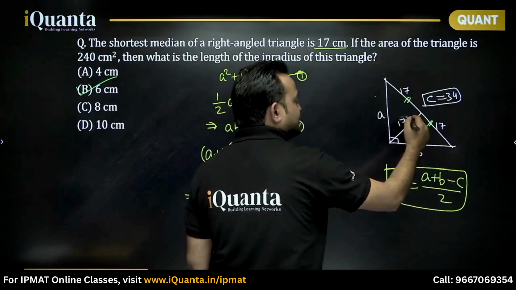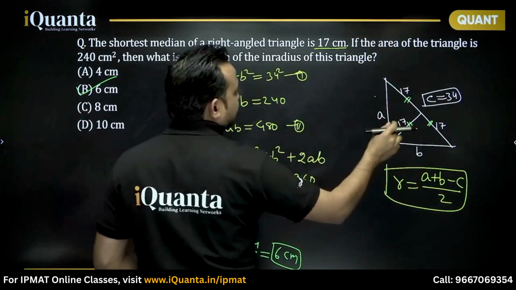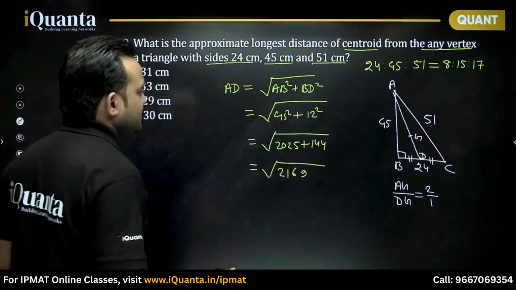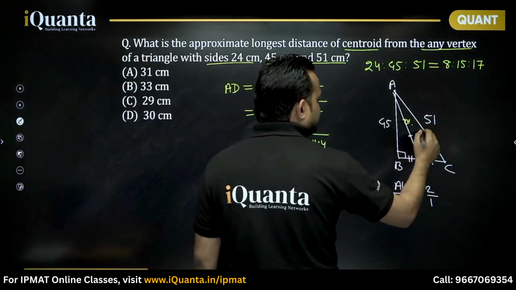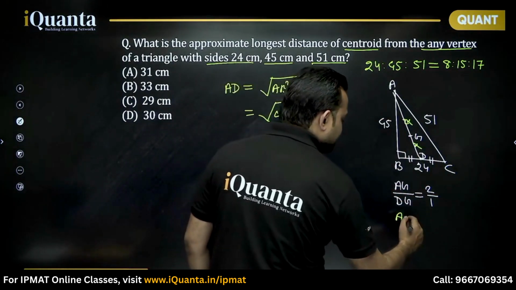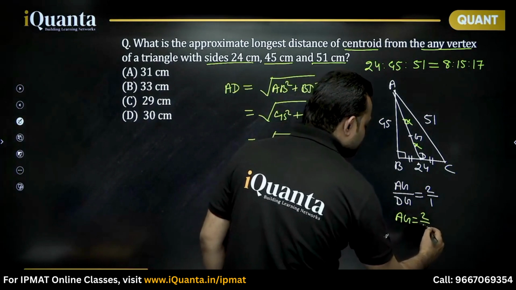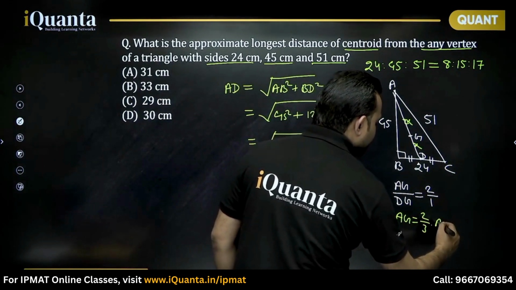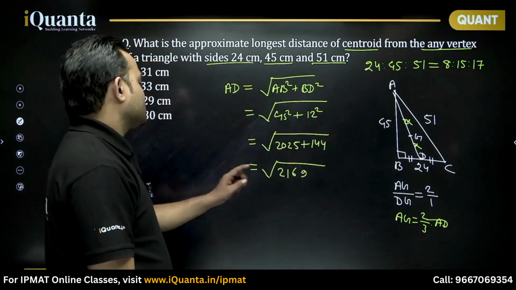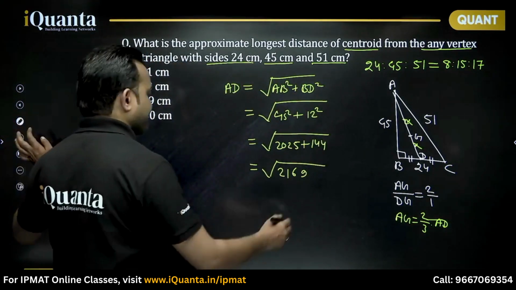So if AG is 2x, GD will be equal to x, and AD will be 3x. So AG will be equal to 2/3 of AD. So this is the value of